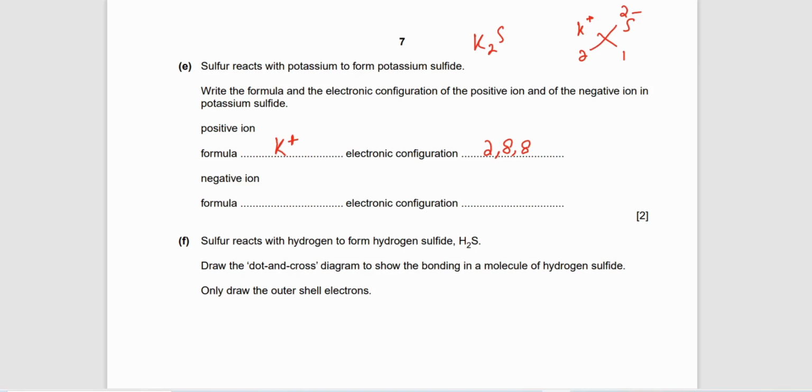Okay, so the negative ion has the formula S2-. It actually has 16 electrons, but when it gains 2 electrons, it becomes minus 2. So now it has 18 electrons. Okay, 2, 8 and 8. Okay,